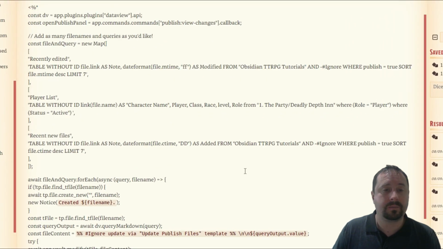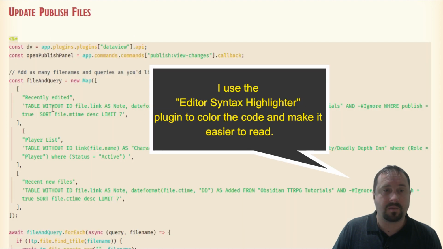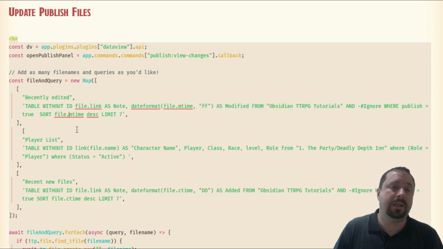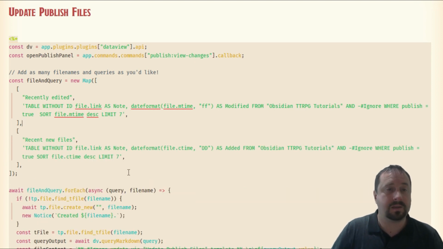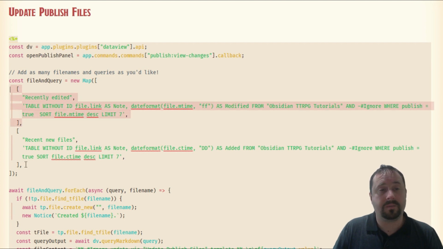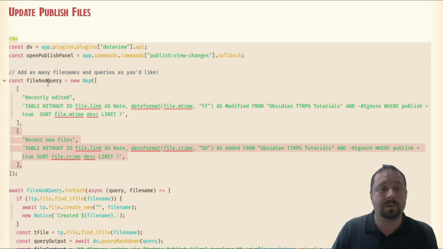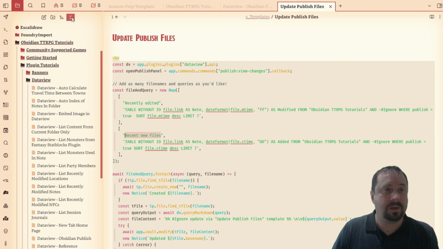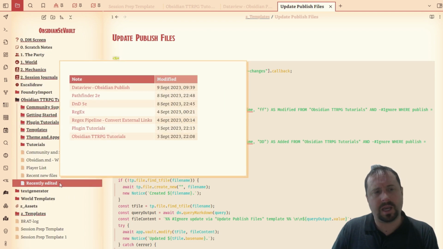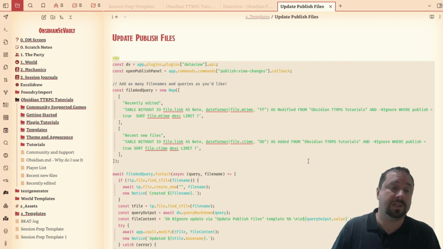Update publish files. As I said, there's a green section here, and what we're ultimately looking to do is add this. I already did it once, but we're going to add that in. So my file starts like this, and I've got two sections of this green code. What it's actually doing is creating two files, one called recently edited and one called recent new files. If we come in here and expand this out, you can see recently edited and recent new files. They already exist. What this is doing is basically replacing those files with the content from here